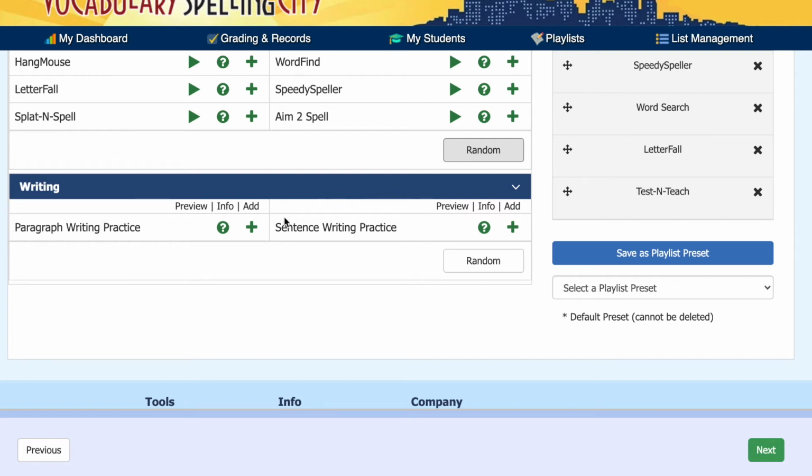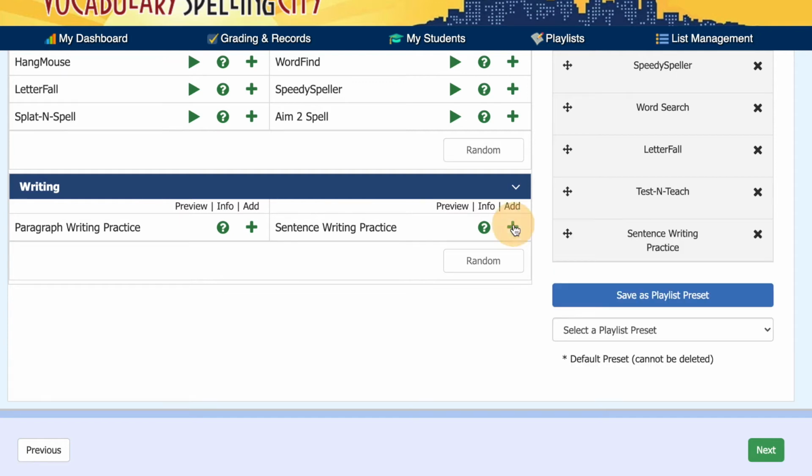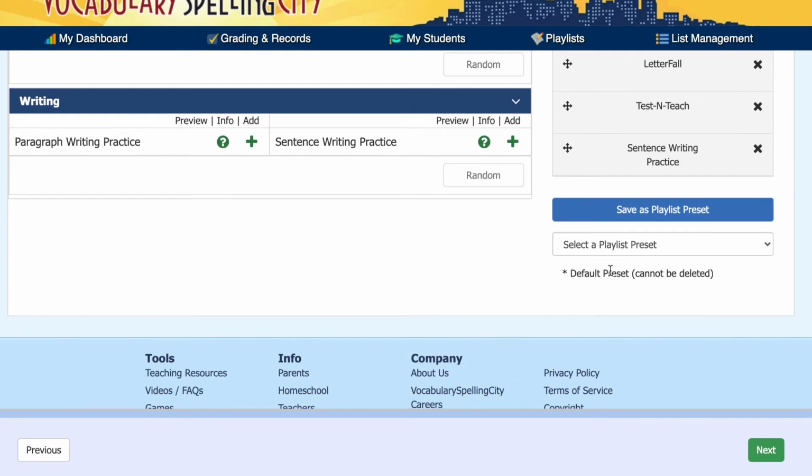Maybe I'll see what it has to offer with having her do some sentence writing practice, and later on in the year we'd probably bump it up to paragraphs, but we're starting here in August, so let's just add that. And